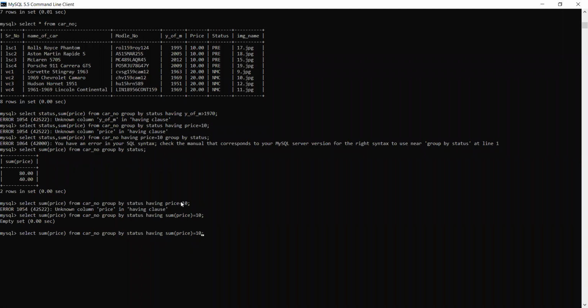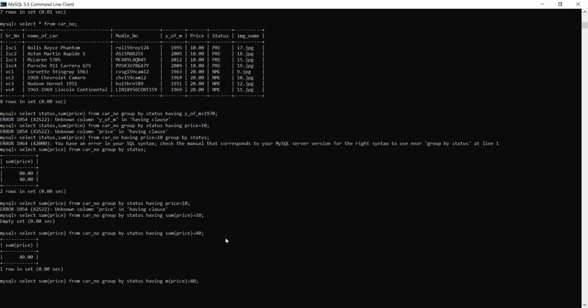Let me check this again. Having sum of price is equal to 40. So see, it is going to show me the same thing, or having count of. Because with the having clause, what I have seen is that everywhere they are using an aggregate function.